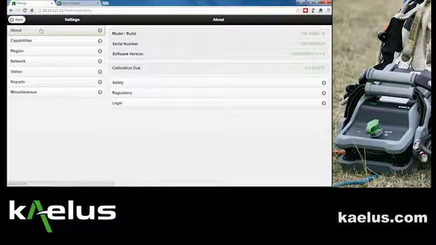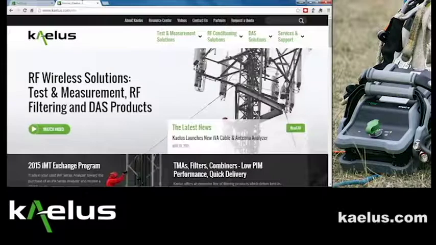Under the Settings About screen, it's possible to identify the software version number. For this specific IPA, it's at 1.18.1.0. Before leaving the office, it's good to check to see if this is the latest software version by going to